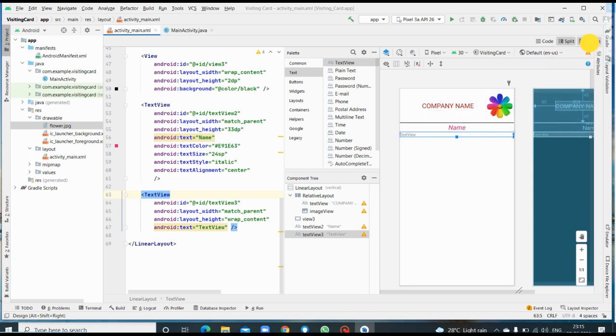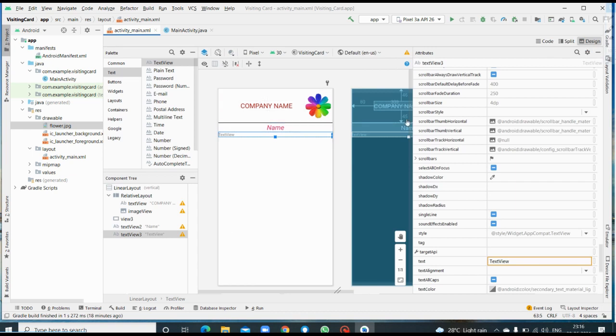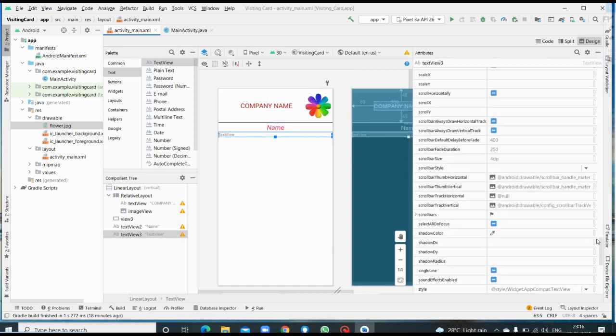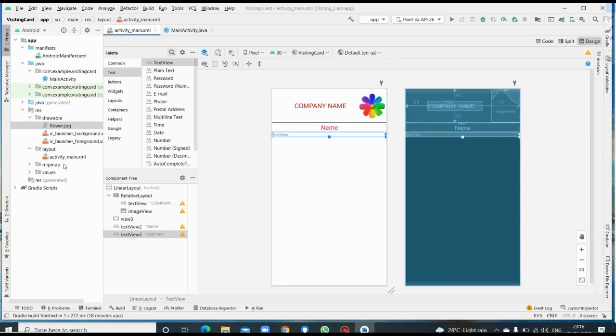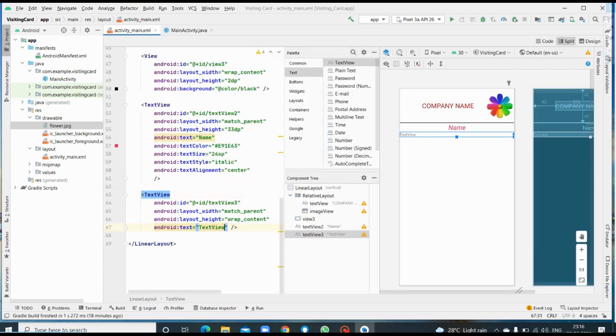So just go to the design and scroll up to change the text, or this time we are going to change it in the code. So let us try that also. Okay, I was in the split window. Yes, instead of this text view, I need to change that to job title. So just type that. If you look there, it is automatically changing, and press enter, and I'm going to select that, and I will go for the